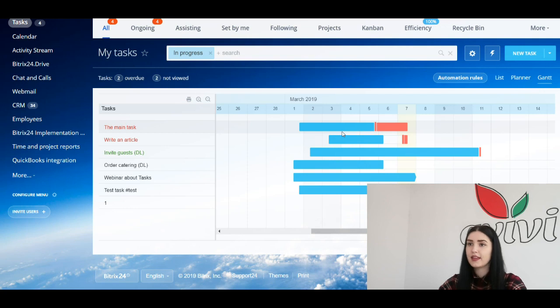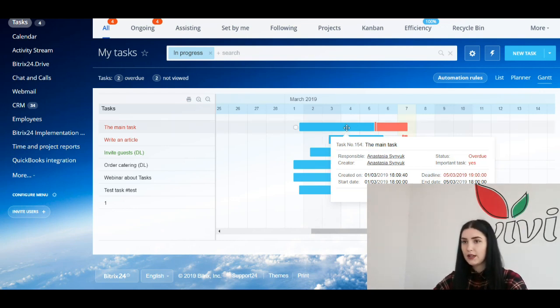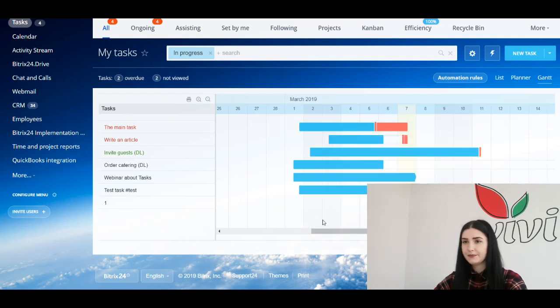The main feature of the Gantt chart is the ability to quickly work with the timing of tasks. This happens in visual mode and we can immediately see how it looks in time. Most importantly, we can link tasks together. So let's take a look. I'll take a random task